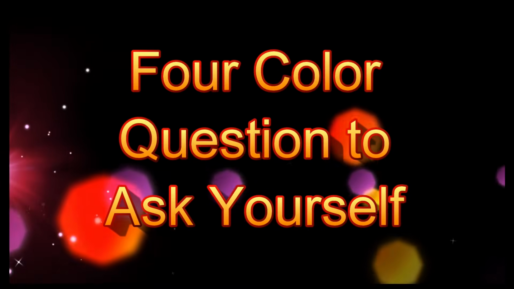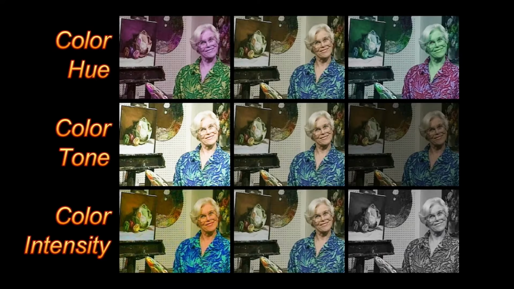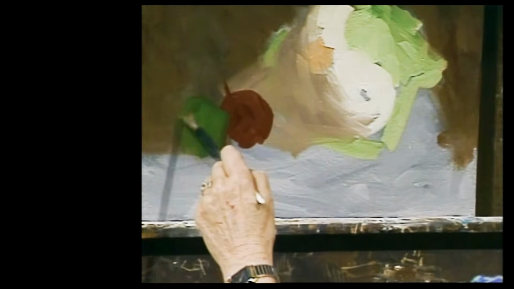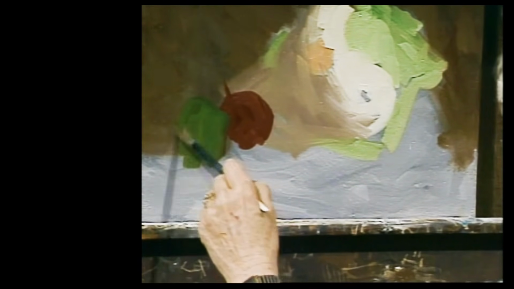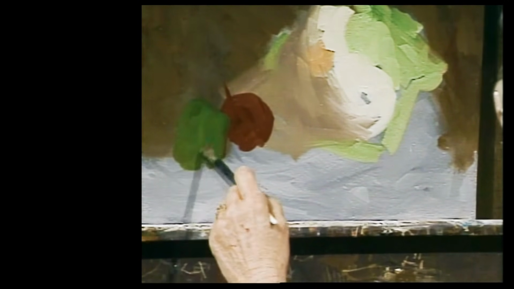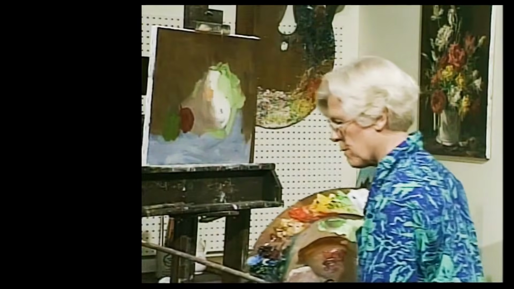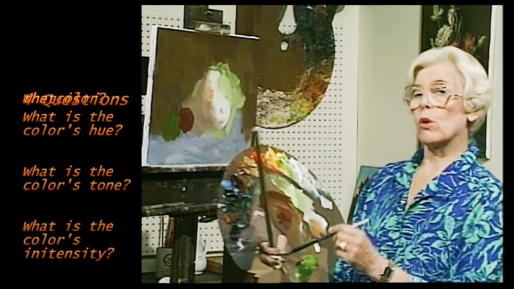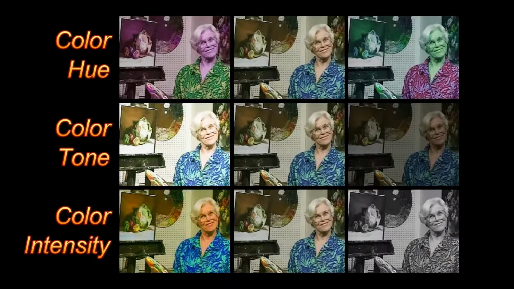Ask yourself 4 questions. What color do I see? What tone is the color? What intensity is the color? And what is the peculiar hue of the color? So if you're going to feel more confident about mixing color, ask yourself 4 questions before you even aim to your palette. Say, what color do I see? Yellow, orange, or red, violet, blue, or green. Relegate every color you see as one of the 6 colors of the spectrum.